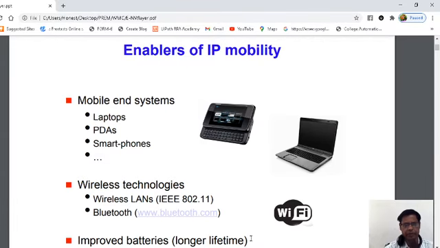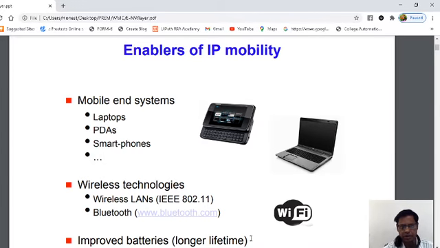Dear students, we are going to discuss the fourth unit of wireless mobile communication. The fourth unit is the mobile network layer. This unit explains how mobile communication takes place, and how the mobile internet protocol is used in mobile workstations. So this fourth unit is explaining mobile internet protocol, that is, mobile IP.